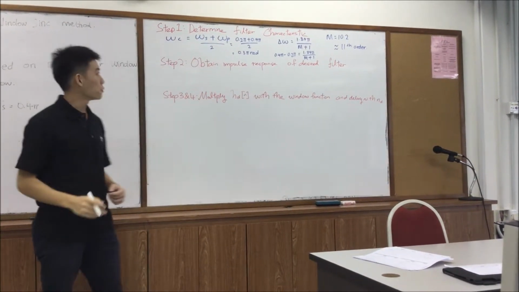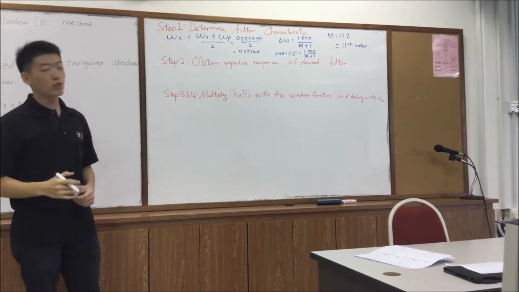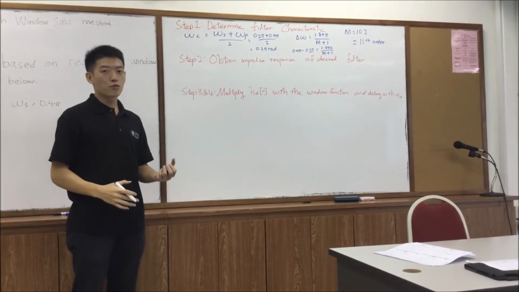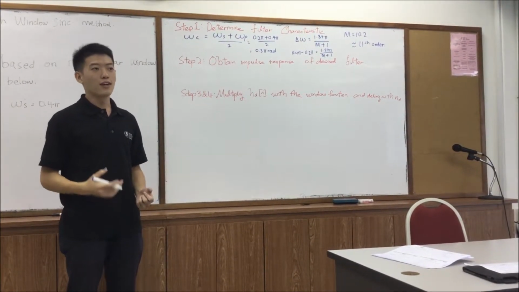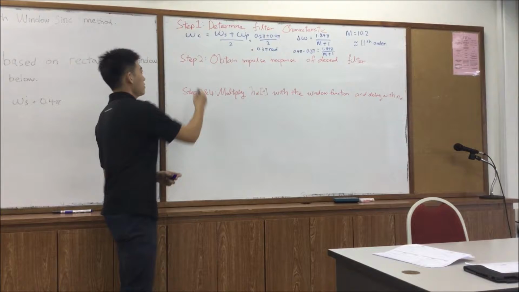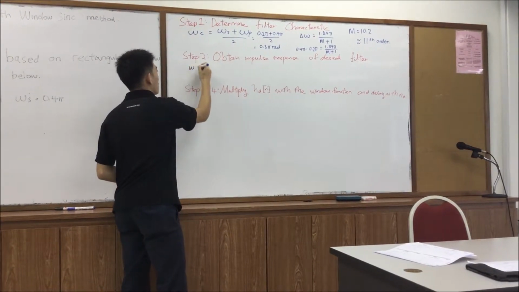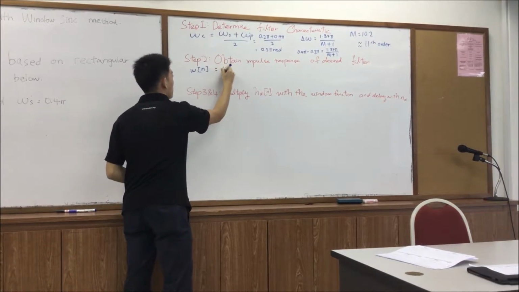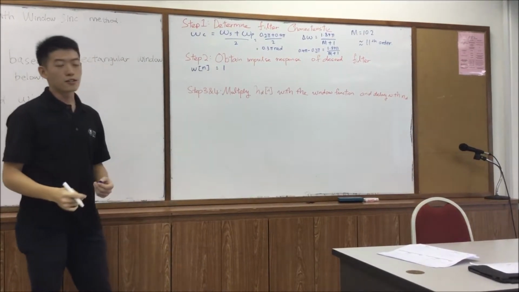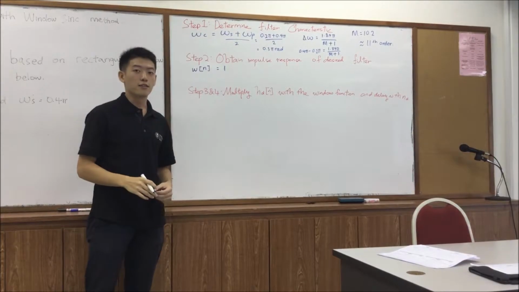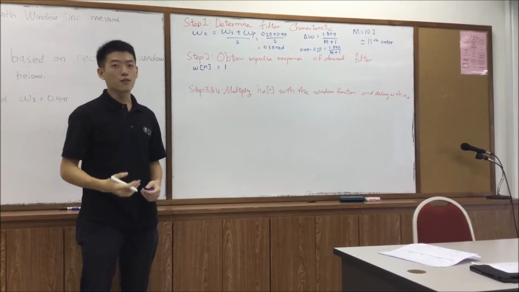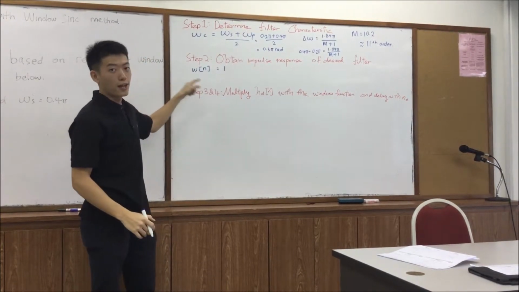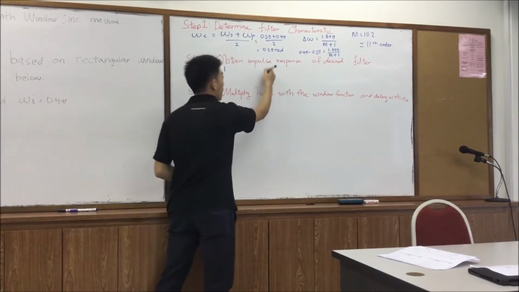Next, in step 2, we have to obtain the impulse response of the desired filter, which means we have to know what Wn is and also what Hdn is. Wn is equal to 1 because this filter is designed with a rectangular window. In general, for a rectangular window, Wn equals 1, and Hdn